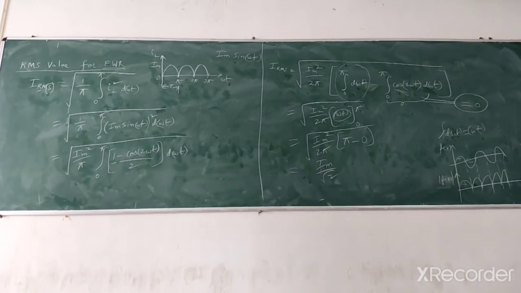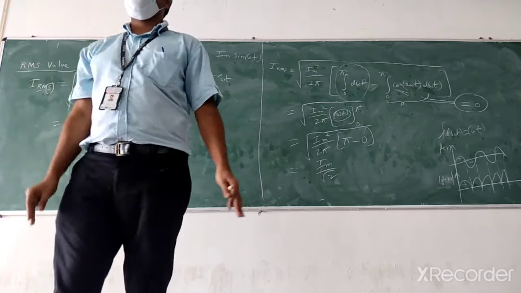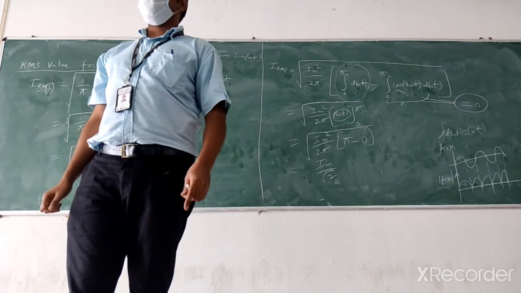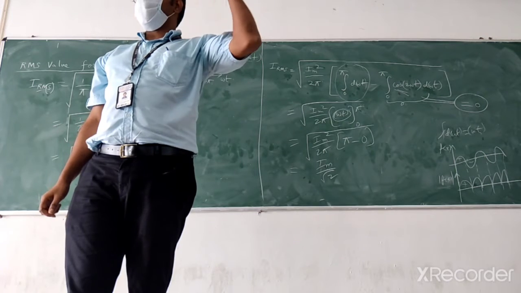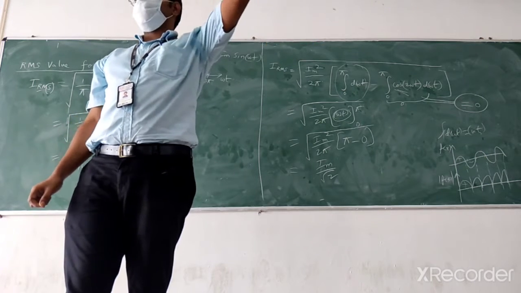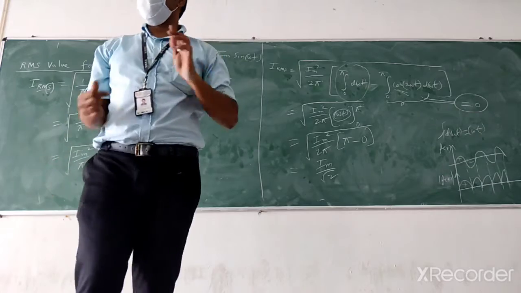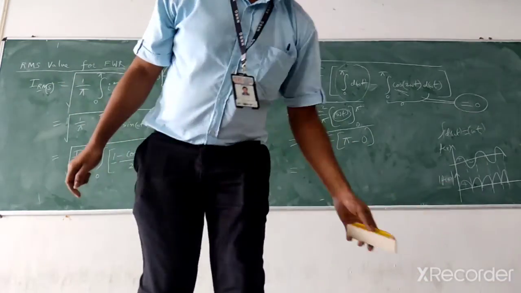Okay, so we have found IDC and IRMS. Next task, whatever we did for the half wave, we will do: we'll find efficiency and ripple factor, all those things. Similar steps, right? Those who did not understand, did not listen halfway, or were absent, listen now. If you understand this, you will understand that too. Clear? Let's go ahead.